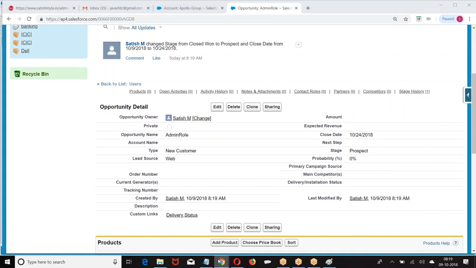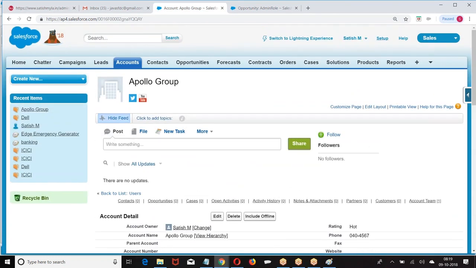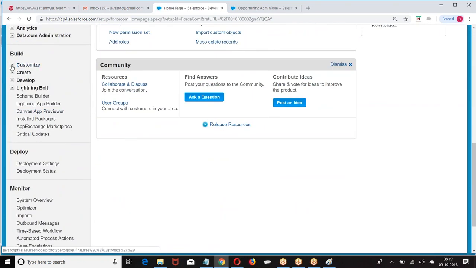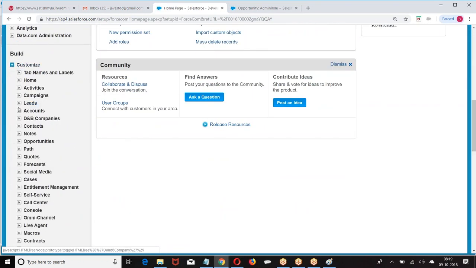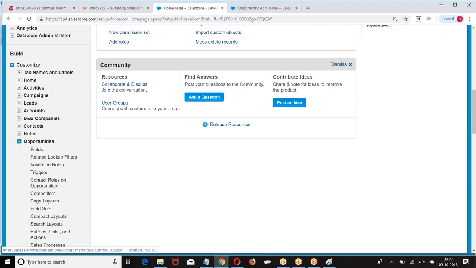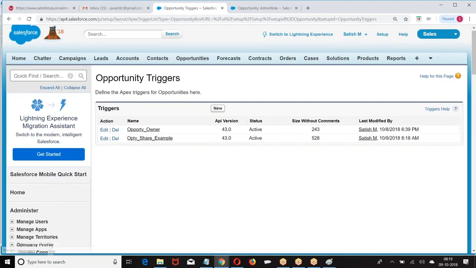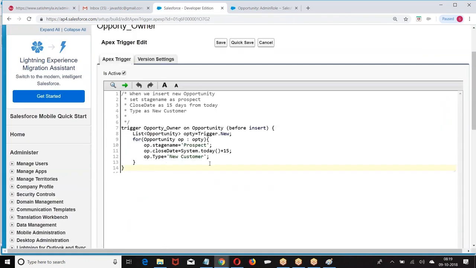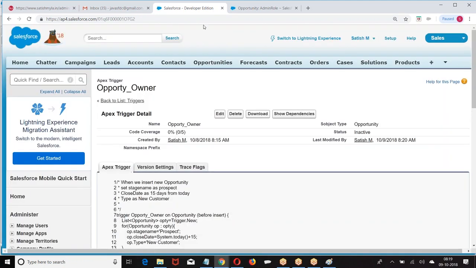Some trigger is running at the back end, which is modifying the stages. So go to the opportunity triggers. As this trigger is running before insert, even though I gave closure one, the value is getting changed to prospect. Okay. Again, go back to this.